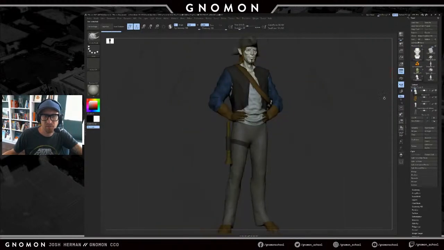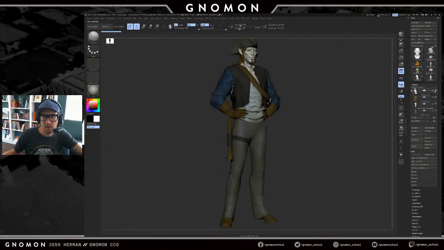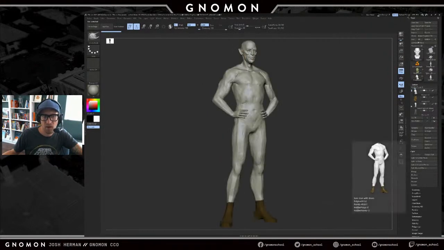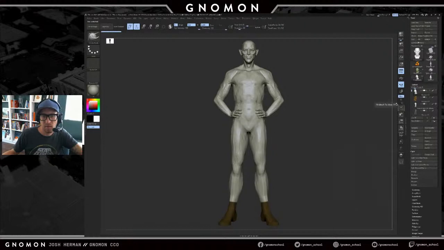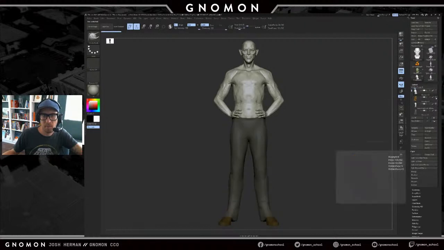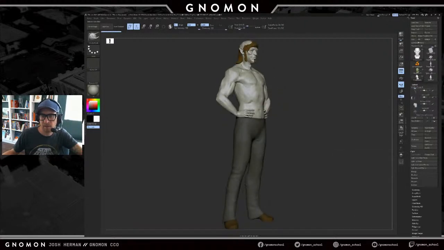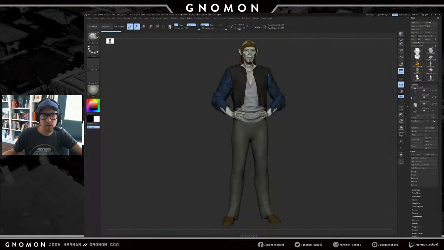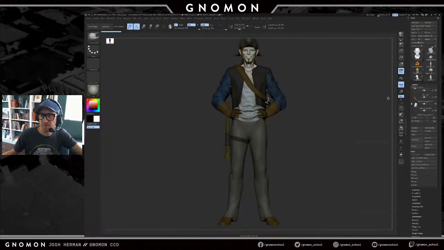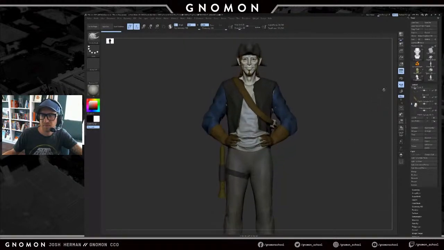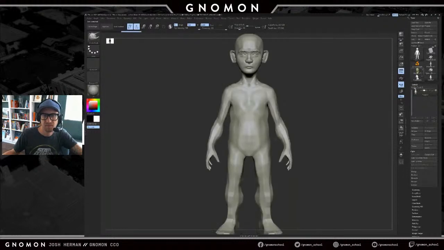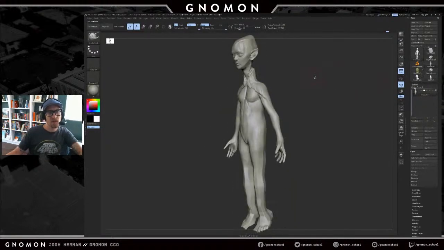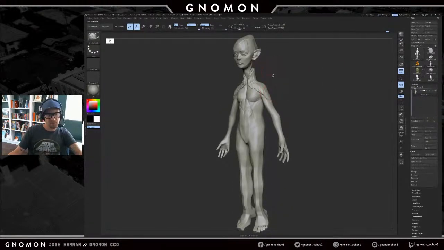With this one, you have the head, the body, the pants, and every bit: the hair, the hat, the vest, the sleeves, the undershirt. All this stuff is on separate layers. For this, because I'm just exploring,